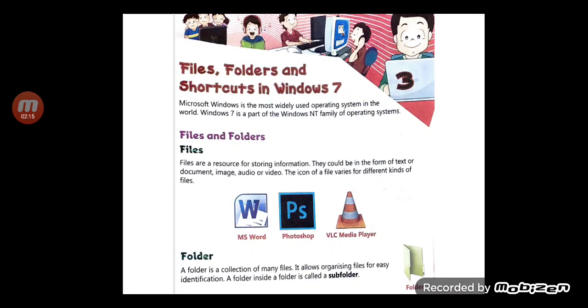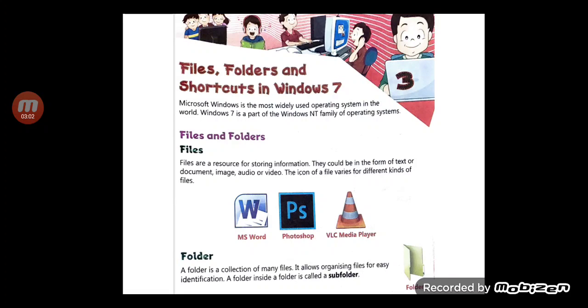That file can be a text file or a document. It can be an image, if you are storing your own photograph. One of your photographs which you are storing on your computer is also called a file. If you are saving a song, if you are saving your playlist, that single song is also called a file. Even a video, suppose you are saving a movie, that video is also called a file. Now each and every file, the icon of the file varies, as you can see